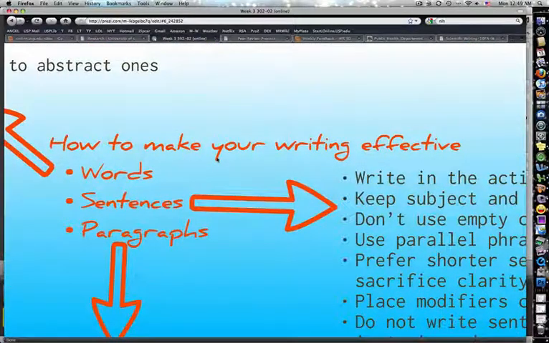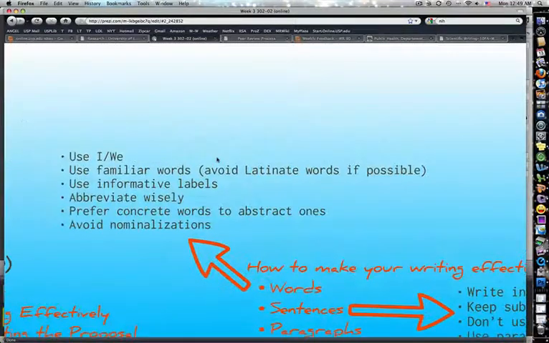And how you do that, you do this operating at word, sentence, and paragraph level. And at word level, there are a few very practical pointers. Some of them probably contradict what you knew so far. That, for example, the use of I or we, in case you are the actual researcher, in case you conduct the actual experiment, you have to use the first person. There's nothing wrong with that. It's simpler and clearer. Use familiar words, so the Germanic as opposed to the Latin word whenever possible. Etc., etc. Avoid nominalization is a big one too, and we're going to practice this week.